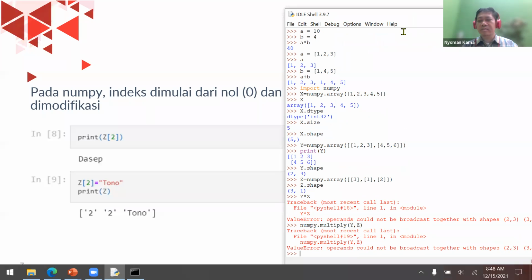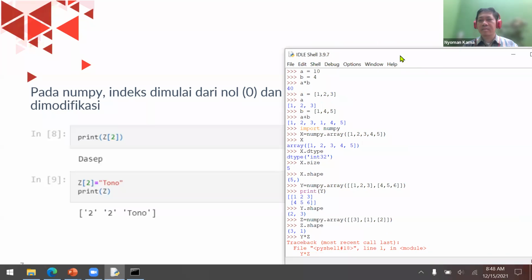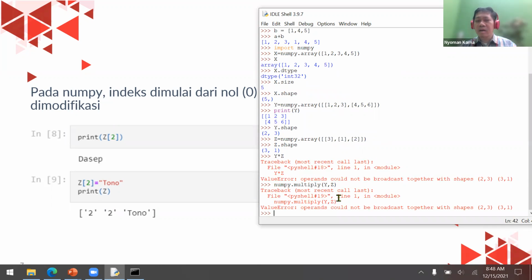Oh, sorry. Value error. Operands could not be broadcast together with shapes. Okay, let's try it out again. If I am correct, it's supposed to be z. Let's check the help. Multiply x1, x2.